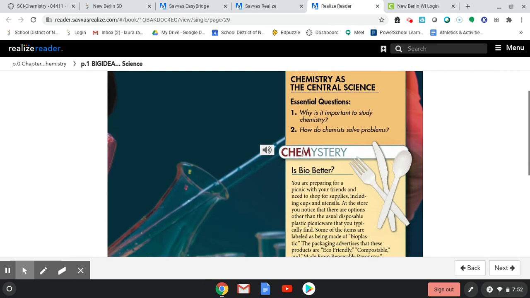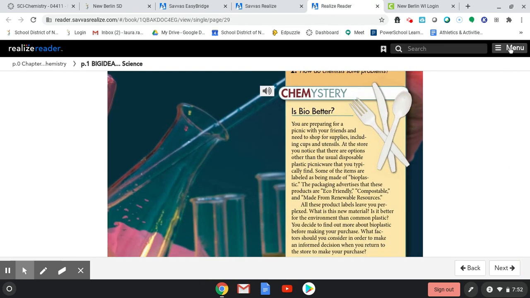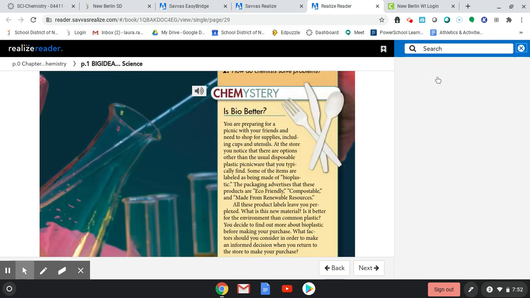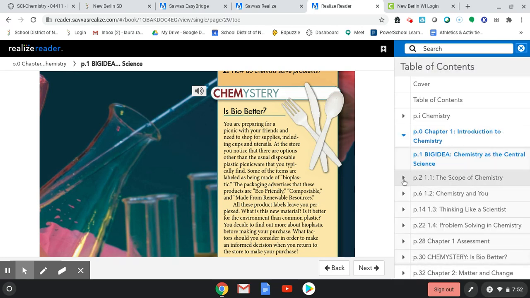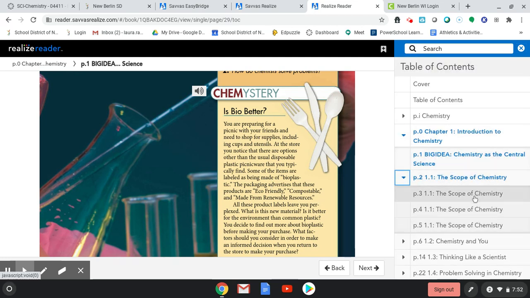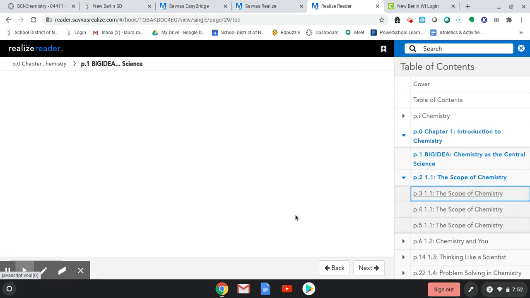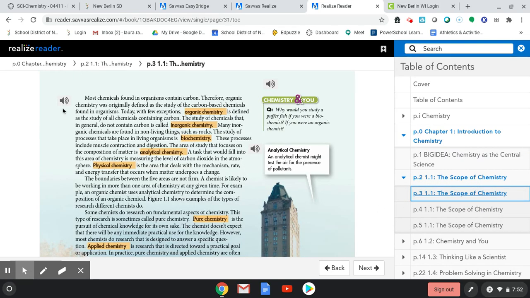So you'll notice here this is kind of the beginning of the textbook. There's a menu with a table of contents. I recommend using this to do most of your navigating through the textbook because you can go directly to specific places within the text. So if we look here, you'll notice there are small kind of sound parts here that'll